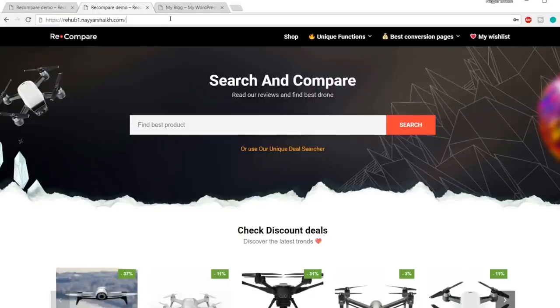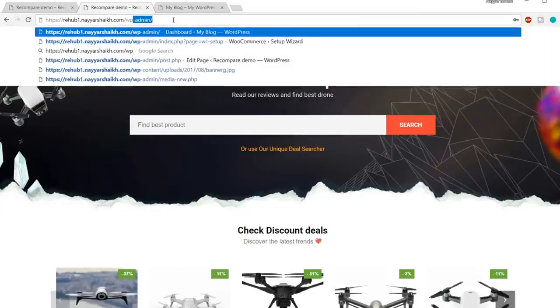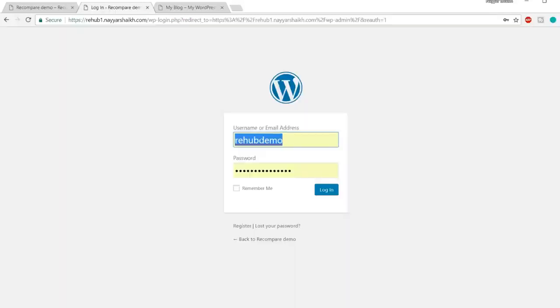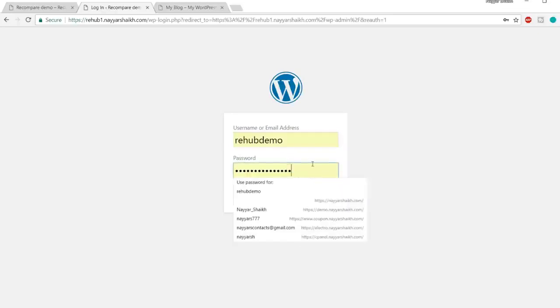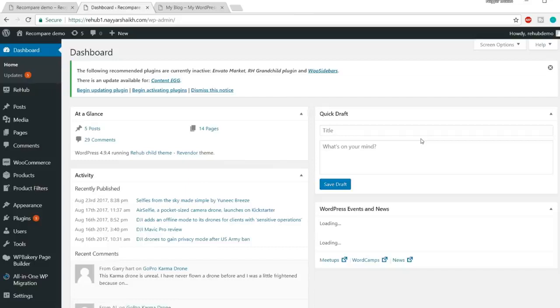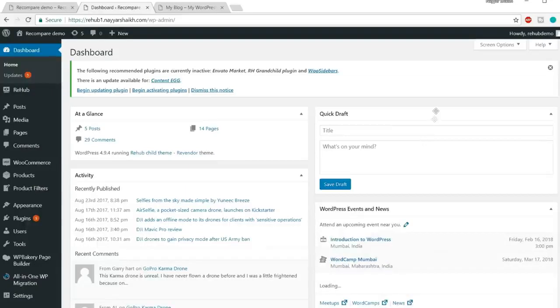So to do so, go to your URL, type in your website name /wp-admin, press enter. Now first we'll have to type in this ReHub demo, and in the password type in ReHub demo, R and D should be capital, 999 and click on login. Fine. So the first thing that we have to do is create a new user and delete the ReHub demo